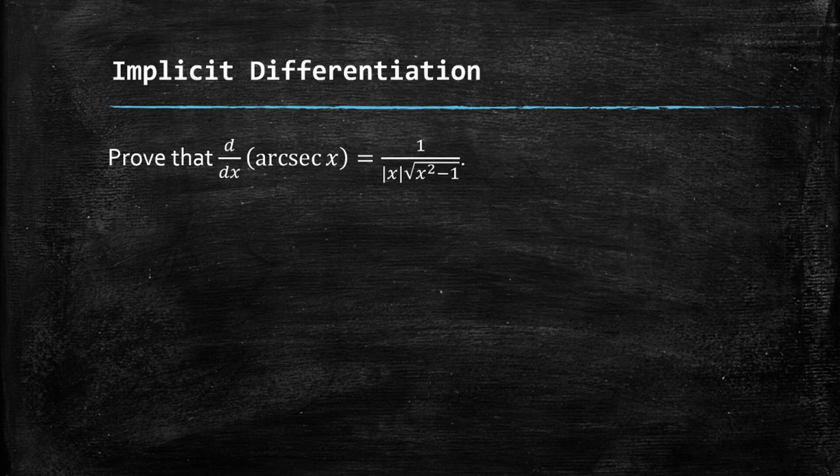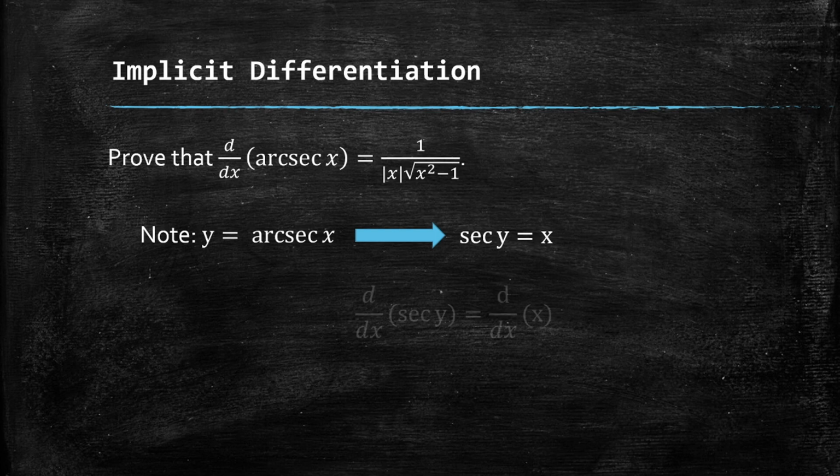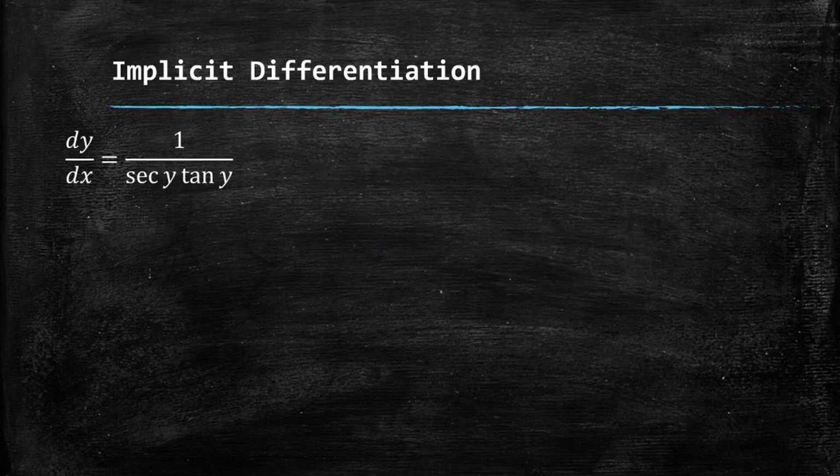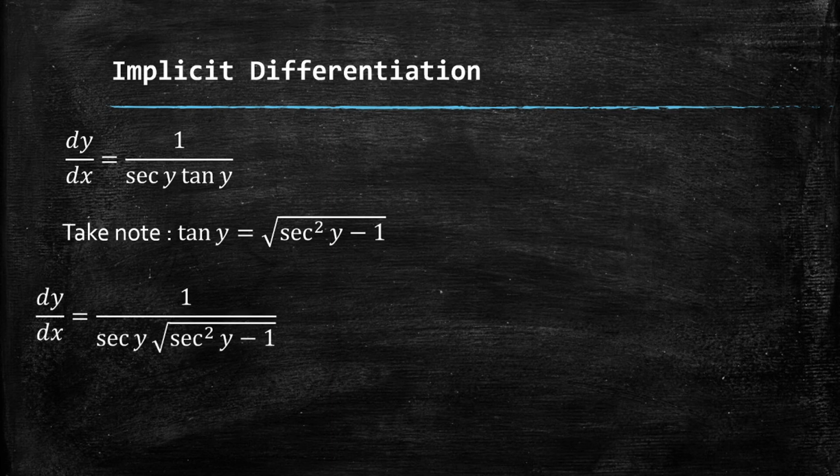Okay, so the arcsecant is quite longer to prove because of this absolute value of x. So we'll have the same process, transforming the inverse function to its original function, being secant y equals x. Get the derivative, and remember the derivative of secant is secant tangent. Divide both sides by secant y tangent y, and you'll get this 1 over secant y tangent y. So take note that tangent of y, by the Pythagorean identities again, is just square root of secant squared y minus 1. So we substitute,